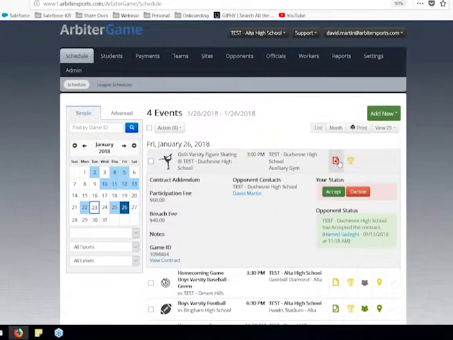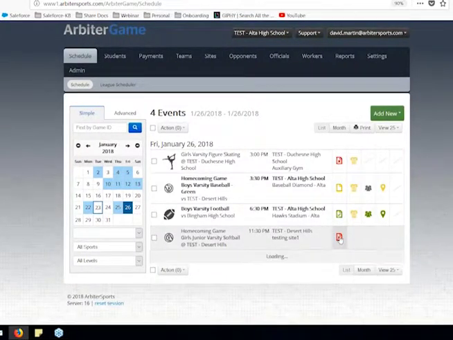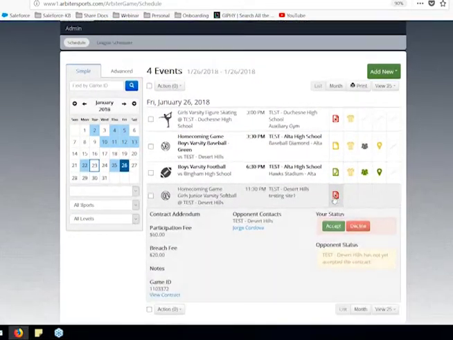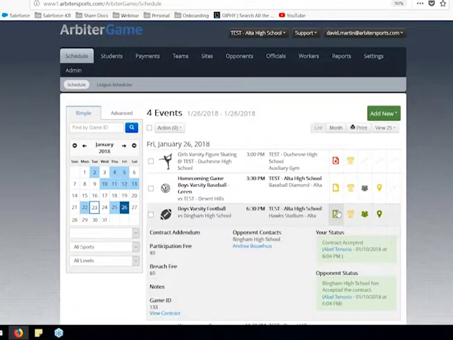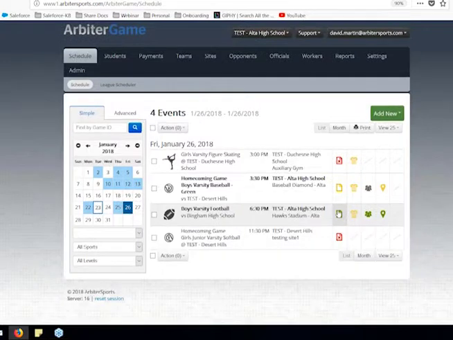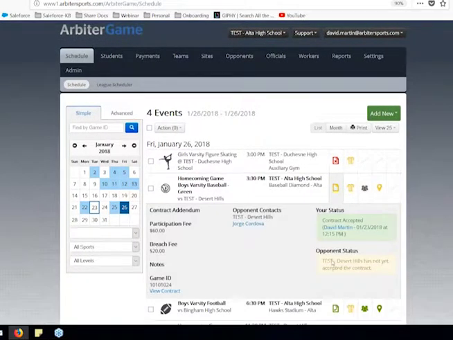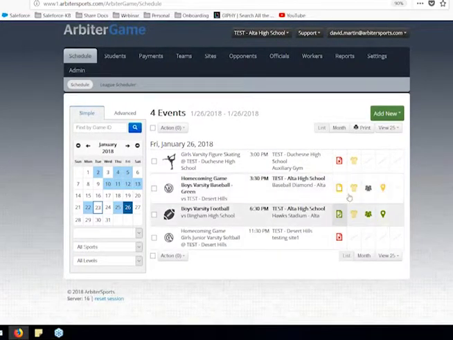So in this instance, on David's homecoming game, it doesn't allow him to accept the contract for Desert Hills because of an option that they have chosen in their settings. As you see here, Desert Hills has said that they don't let people accept it. They will have to wait for it. So good information there.